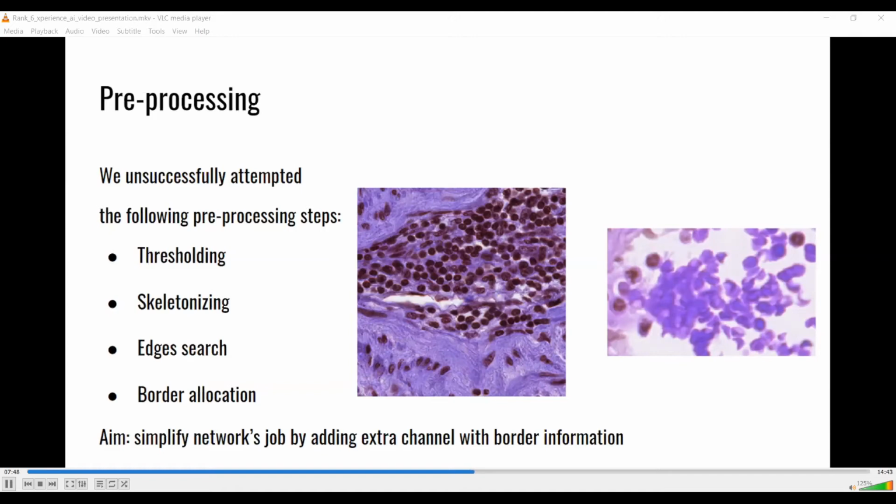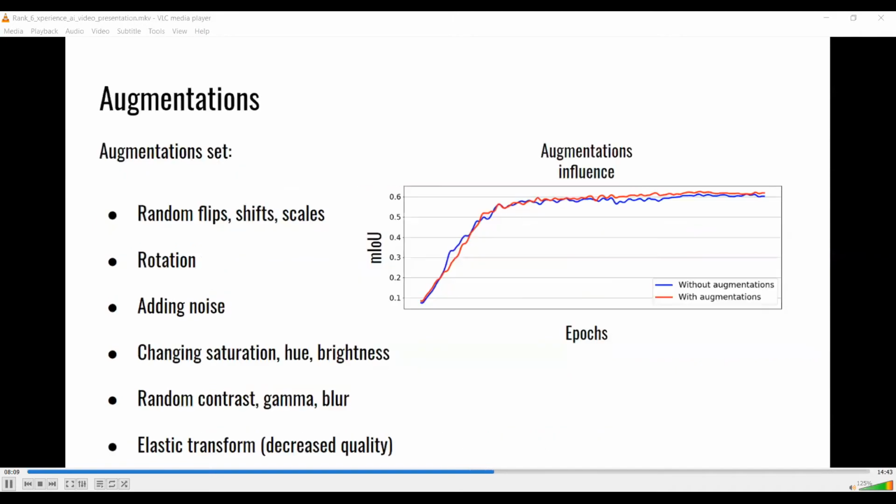Overall, during training, we fed 320 by 320 images as input, and during inference, images were padded until their shapes are divisible by 32. The padded images were passed through the network, and then the center crop to original size was applied. As the size of the dataset is limited and models require a lot of data to train well, actually much more than we have, we used augmentations to artificially increase the dataset.